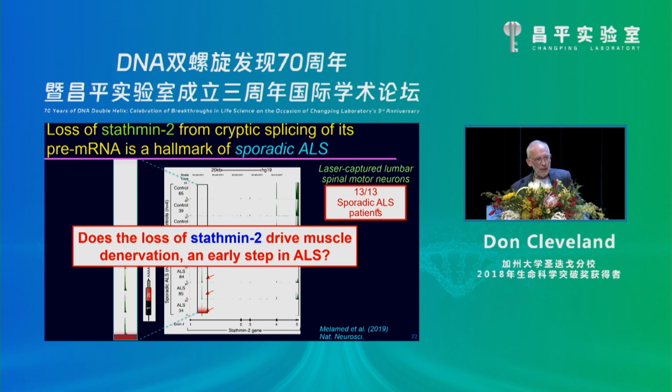Okay, so does the loss of this one protein really contribute to the actual pathogenesis of ALS? The first step is widely believed to be the withdrawal of the motor axon from its target muscle. And so, we